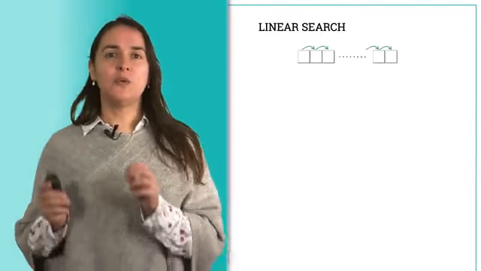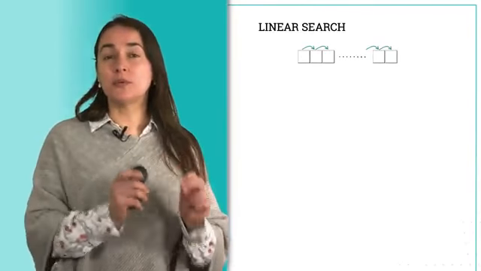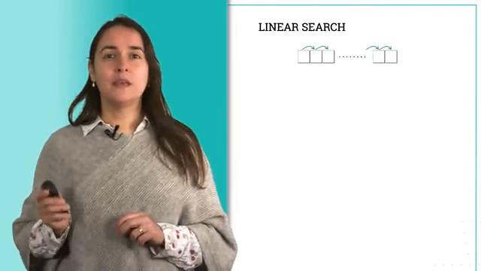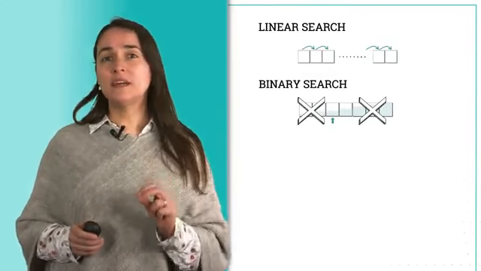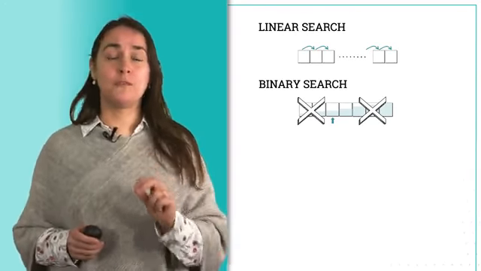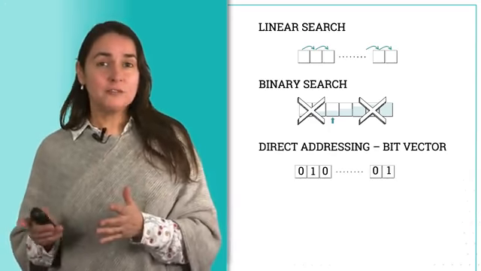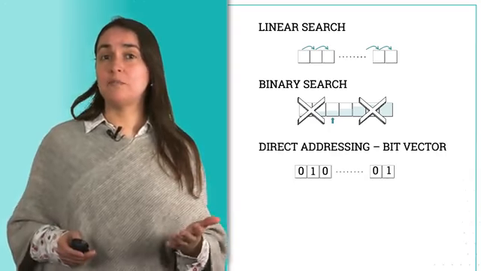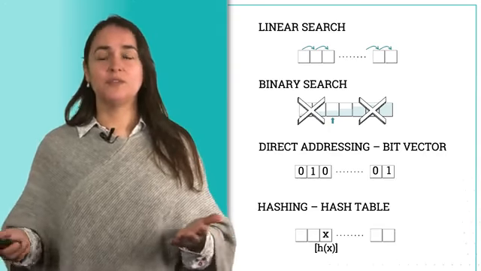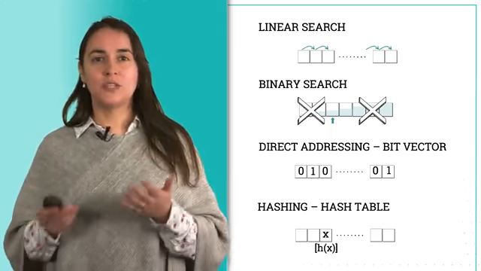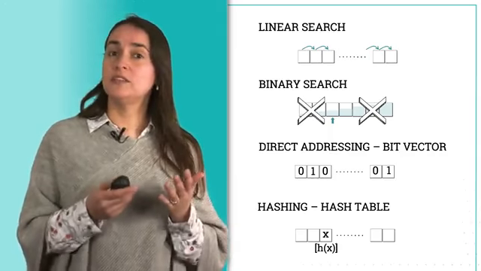Hello! In the previous lecture, we reviewed 4 techniques for searching for a number in an array. Linear search, where we sequentially check every position of the array. Binary search, where we discard portions of the array to refine the search. Direct addressing, where we use a bit vector to check for the presence of a number. And hash tables, where we use a hash function to determine the position of the number being searched for in